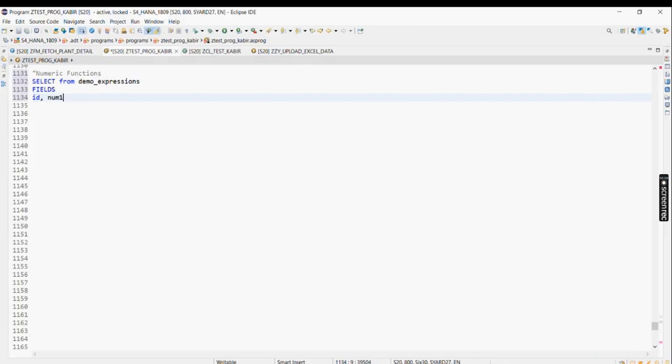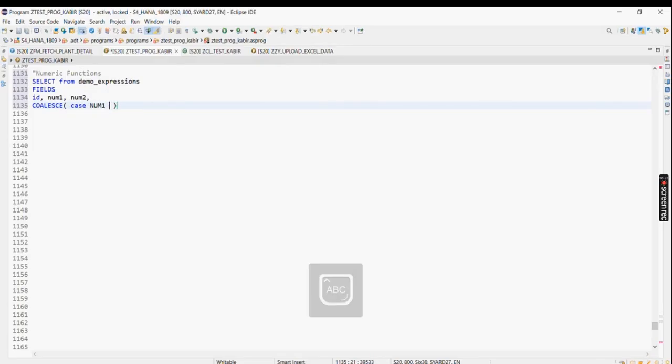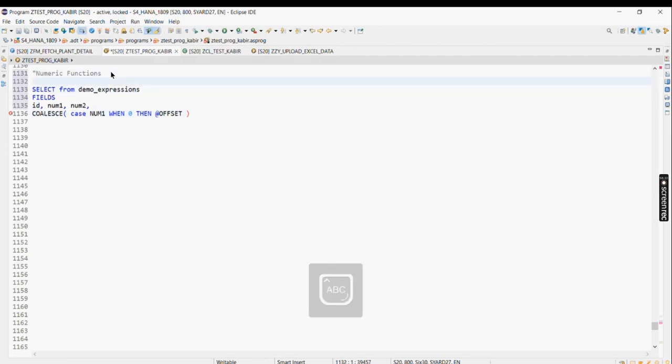ID, comma, num1, comma, num2, comma. Now the case operator. Why? What did I say? Case num1 when 0, then at the rate offset value, I'll provide an offset value. So data